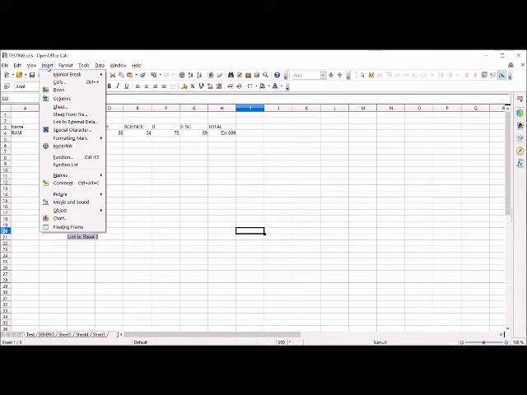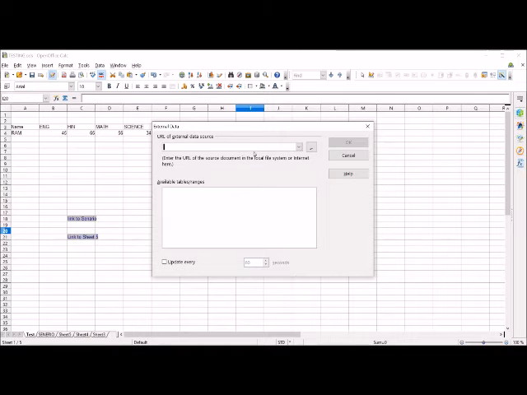When I click here link to home, I'll come back to this test worksheet. When I click here link to scenario, when I click here I'll come back to this test worksheet. So this is how I can link all these worksheets with one another. Now if we want to link to some external file, then I'll select any cell and I'll go to insert and I'll select this link to external data.